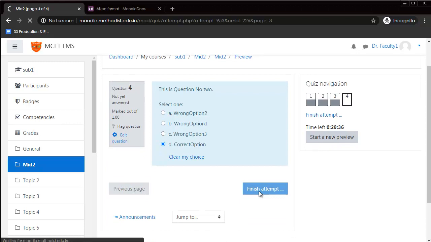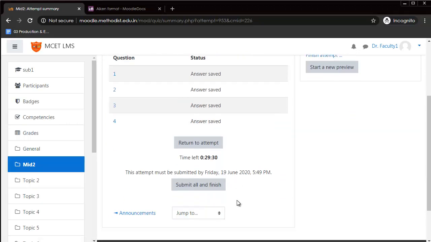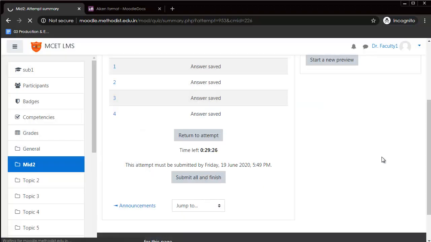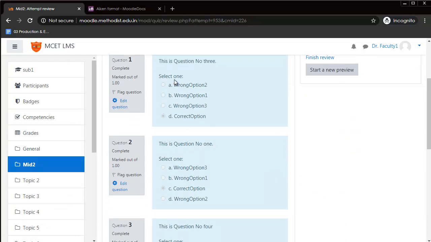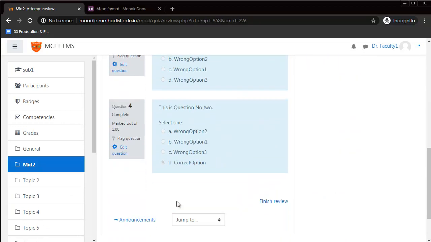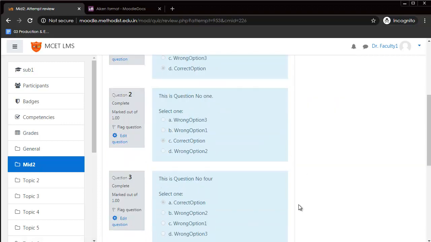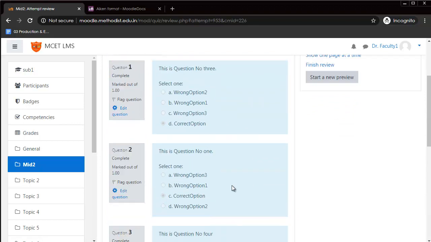And click on Finish Attempt. And submit all and finish. Once it is finished, there will be an option like this. So here, the faculty should ensure that he gets the full score before sharing it to the students.